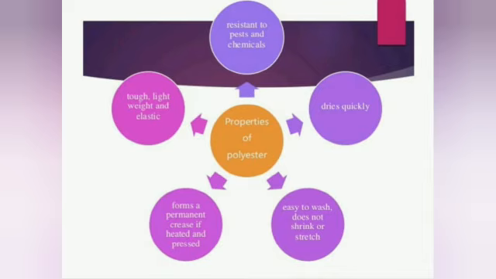It is quite suitable for making dress material also. One more property concerns Terylene. Terylene is a popular polyester. It can be drawn into very fine fiber that can be woven like any other yarn. PET is also one familiar form of polyester. So these are some properties of polyester, children.